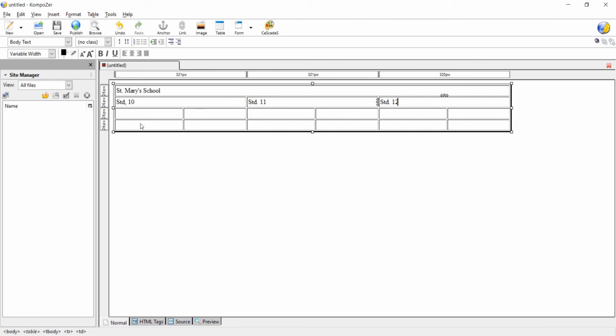And the last one we will write standard 12. Okay. In the next line we will write boys and girls. Boys, girls. Boys, girls. Okay, done. In the last column we will write the numbers 27,